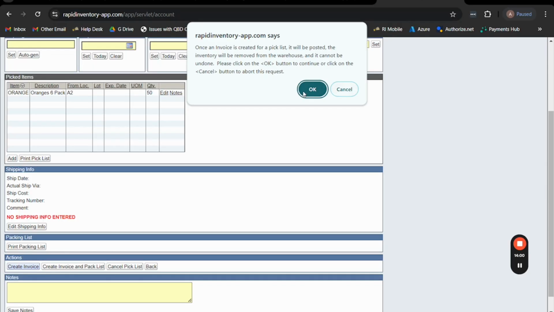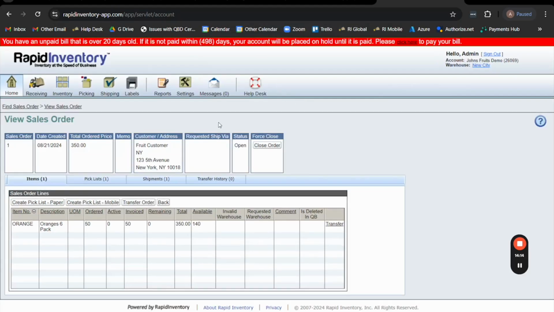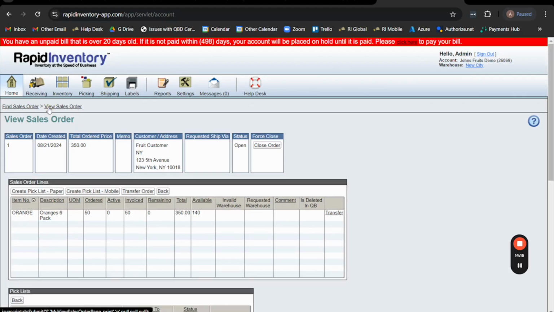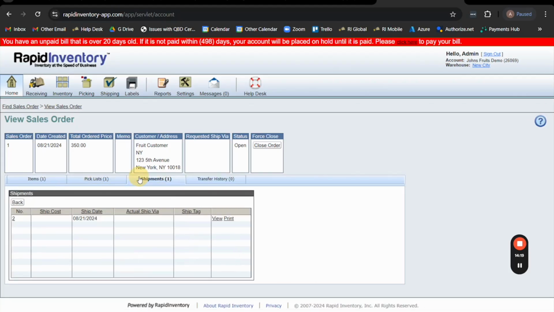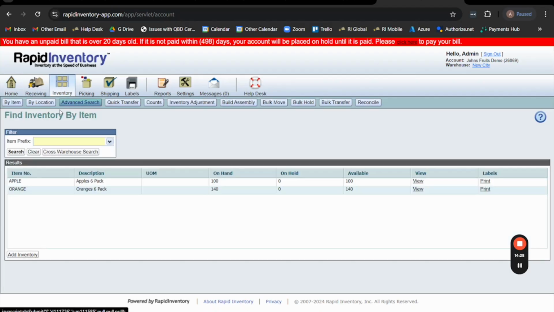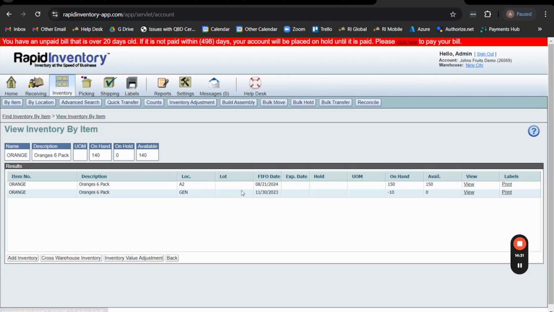So here, what's going to happen when I click OK is the inventory from here is now going to become an invoice, and the inventory will be 50 less, right? Because we're picking it from the location. We click OK. And now if we go to the sales order, you'll see now that the pick list is complete. There's even a shipment that was created and that goes along with this. If we go back to the inventory as well, just to see in this location, there's 50 less. And now when we go back to QuickBooks,